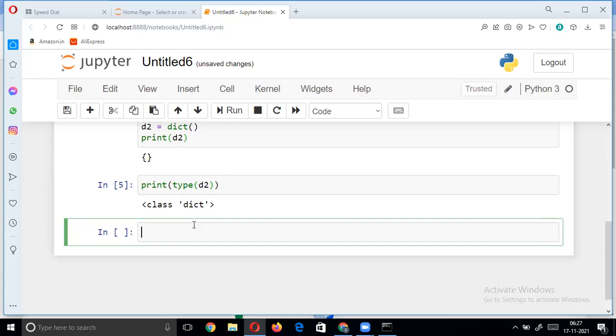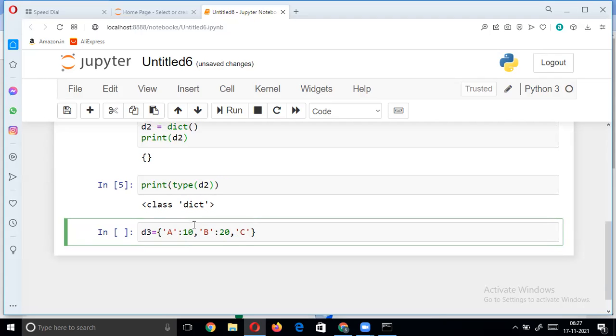And we'll create a normal dictionary by passing the key values. A is a key and I am giving the value as 10. B is a key and I am giving the value as 20.